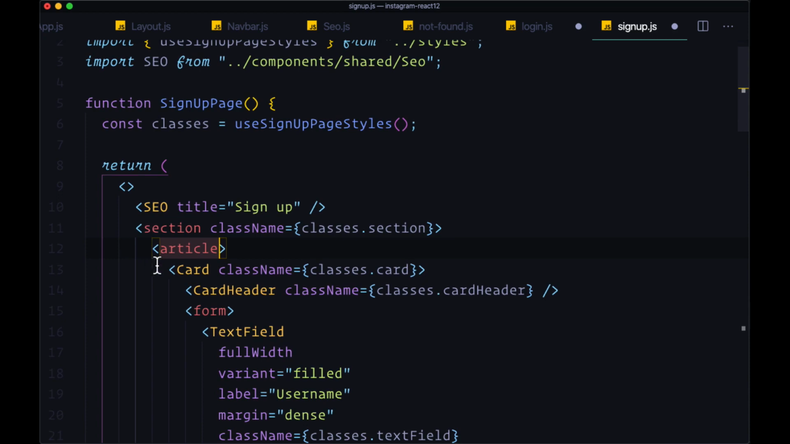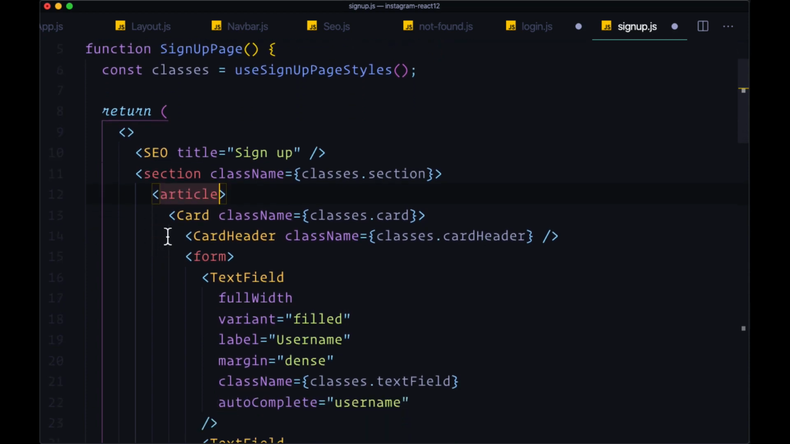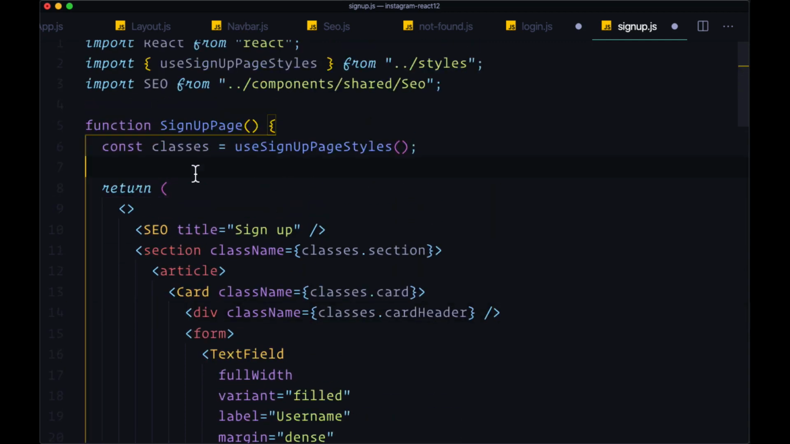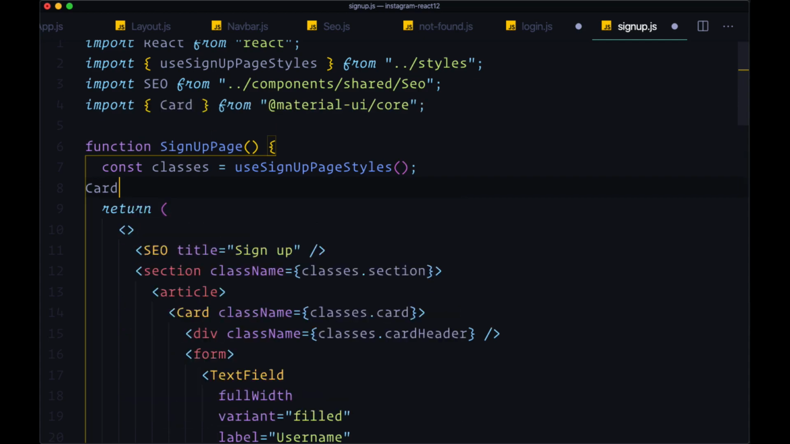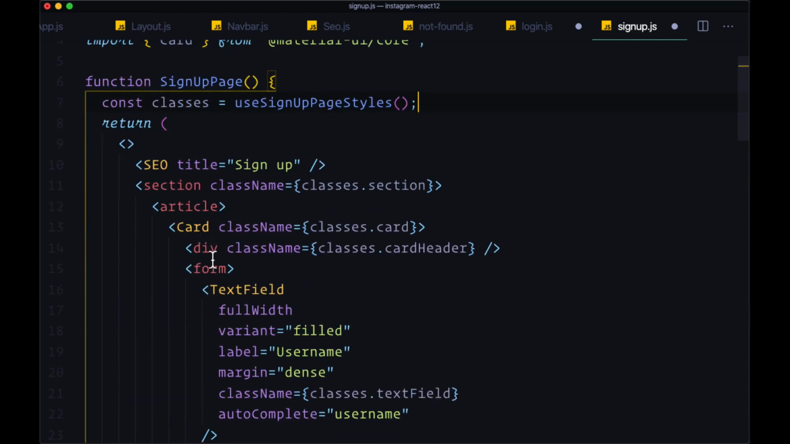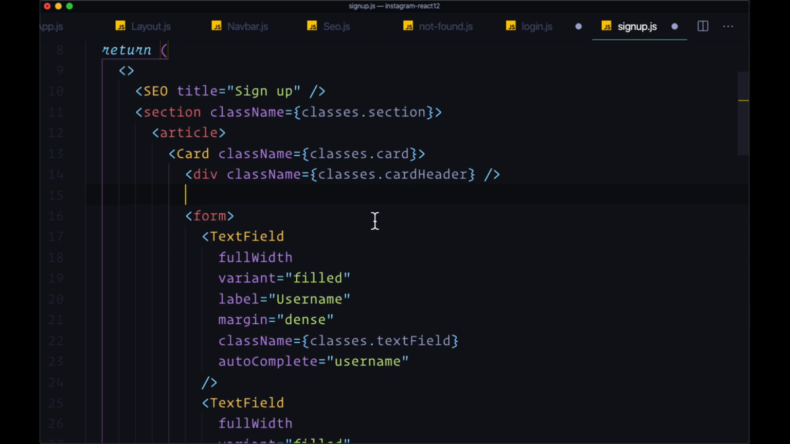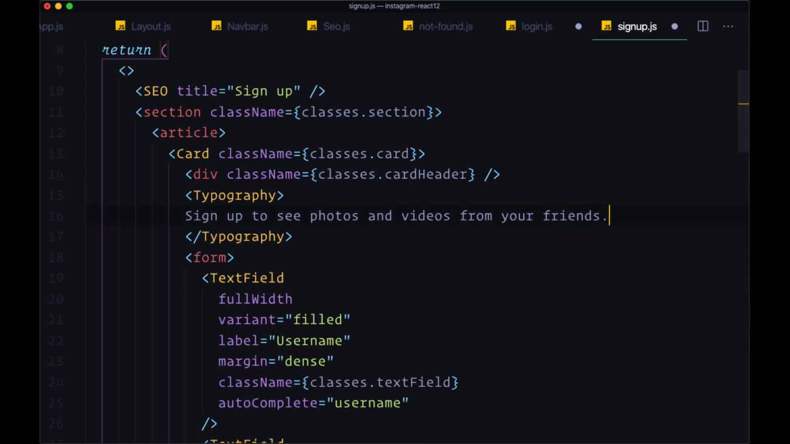The section will be the same. We'll still have an article here. We're going to have a card with the same class name, but instead of a card header, and by the way, we'll make sure to import each of our components. Instead of having a card header, we're going to have a div with the class card header. Then beneath that, let's actually take a look at our sign up page. Beneath the logo, the Instagram logo, we have some text here saying sign up to see your photos and videos from your friends. So we're going to add a typography component here with that text, and we'll use the class name